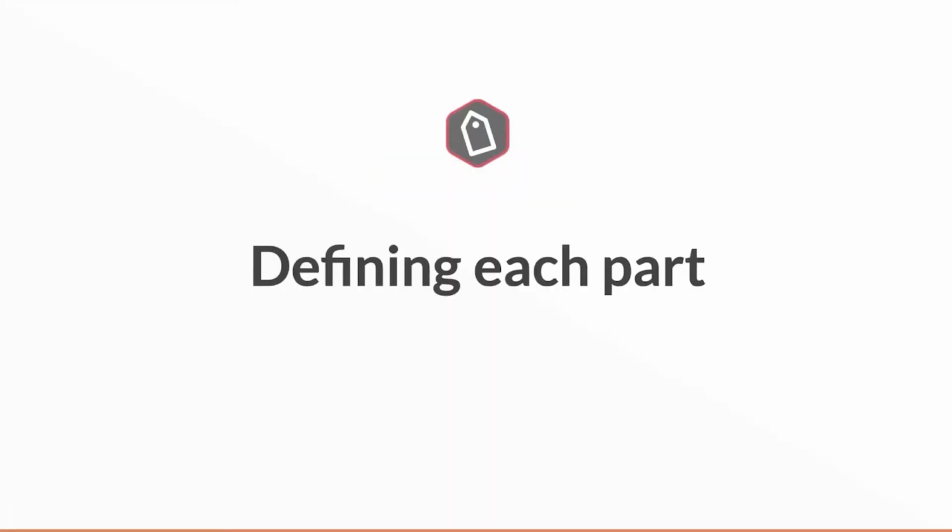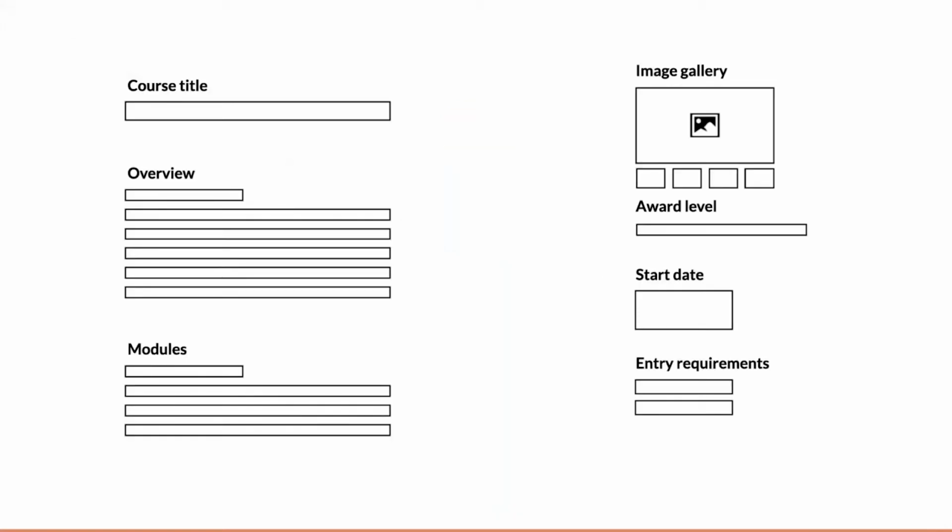And then if we wanted to define each of those parts, we could start to say, what actually are they? So I don't mean this is a heading, this is a paragraph. I mean, let's imagine a course page in a university. You might be able to say, well, this is the course title. This is an overview. So it's not just a paragraph, it's an overview, and all of our courses have this overview. So it's actually an element that's important on a course page, as are the modules, as is the start date. So we're beginning to define them and label them and describe them.